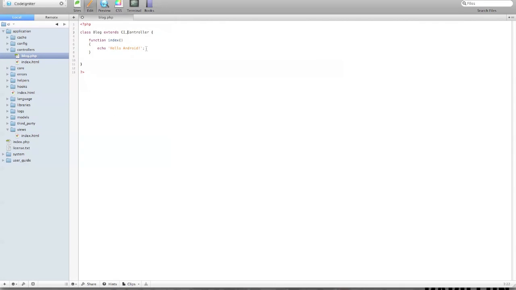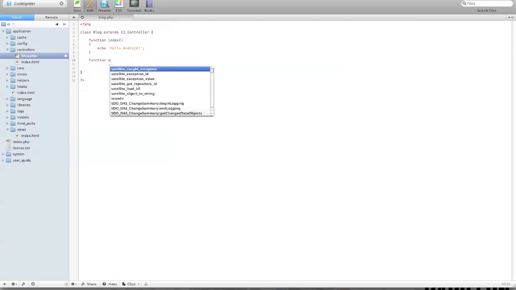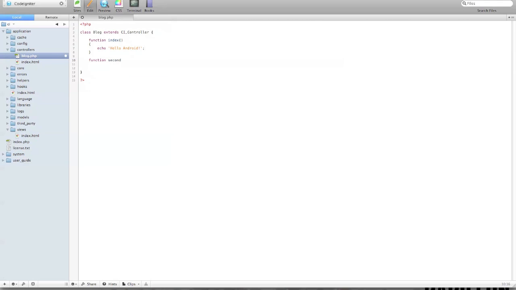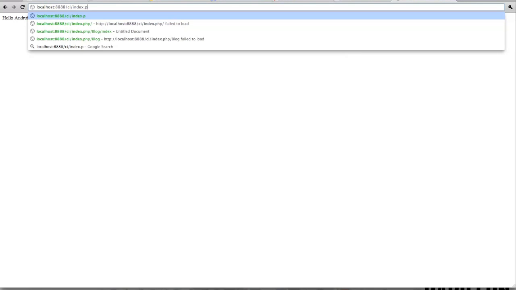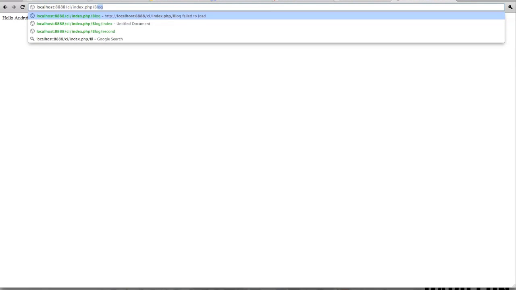So we have hello Android now, and just to go over this again, we go to function, and we create a function called second, and we're going to do an echo statement of hello world. There we go. Now, as you know, if you load this, it's going to go index, then here, and then blog. And it's still going to load that, but we can change this to second, and it's going to go to